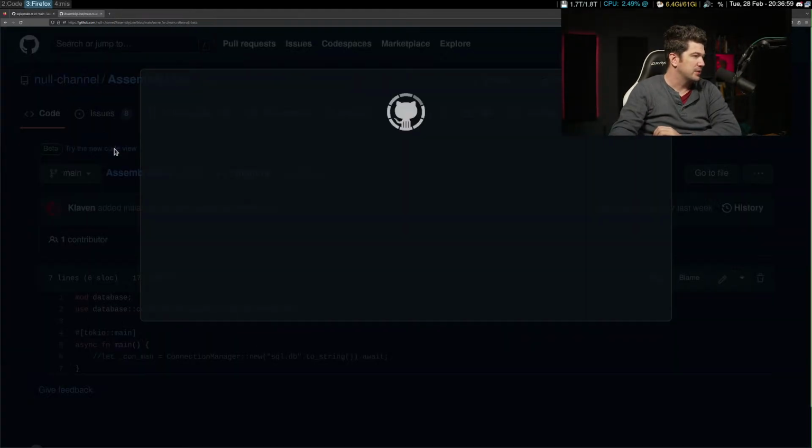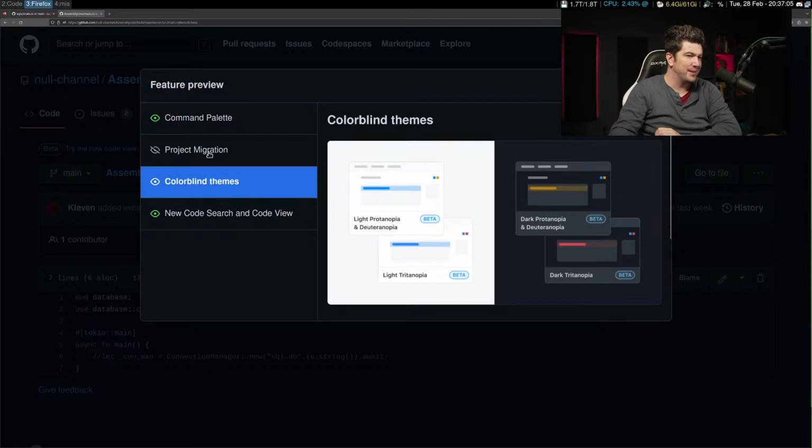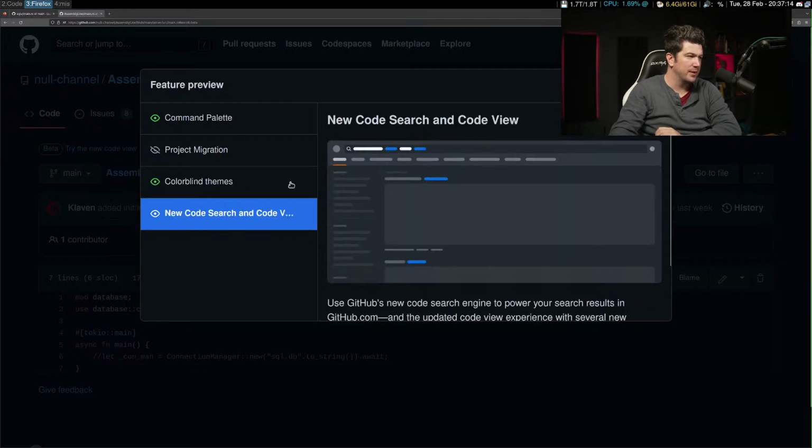Let's see. We should try this new code view. Yeah. Enable. I did try this. Wasn't a fan.